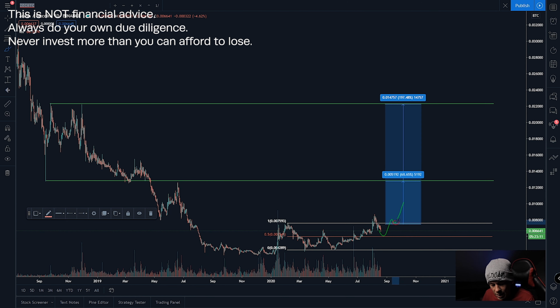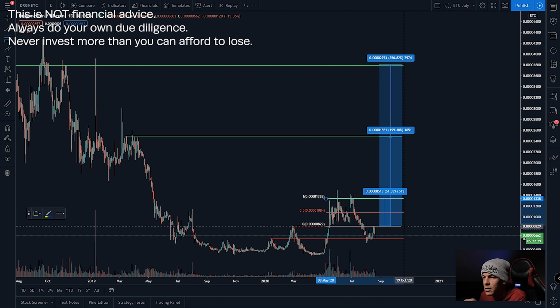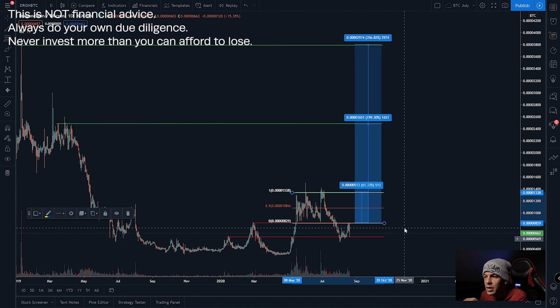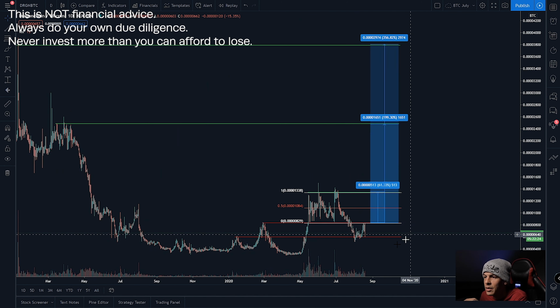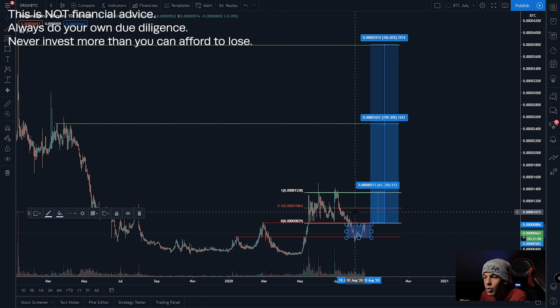The next altcoin we're going to look at is Dragon. Now I forgot to draw in a range here, because we do have a range that ties in there, and if I zoom in now you can see that we broke above these 2 highs, and that's when we formed this range here. We've now broken below that into this area. I'm kind of repeating myself now, but if we can break back up into this range and use it as support, then we're looking at a 61% profit here if we just buy at the bottom of this range and